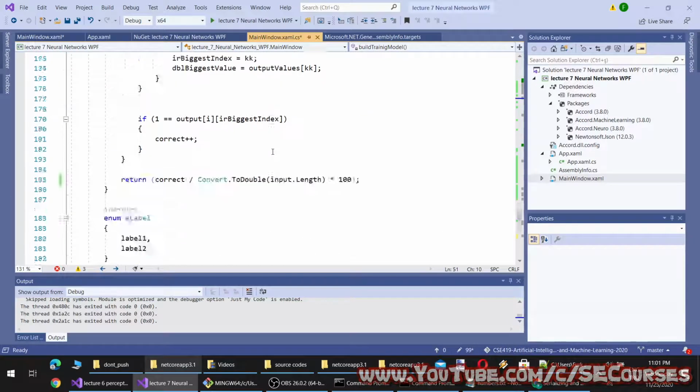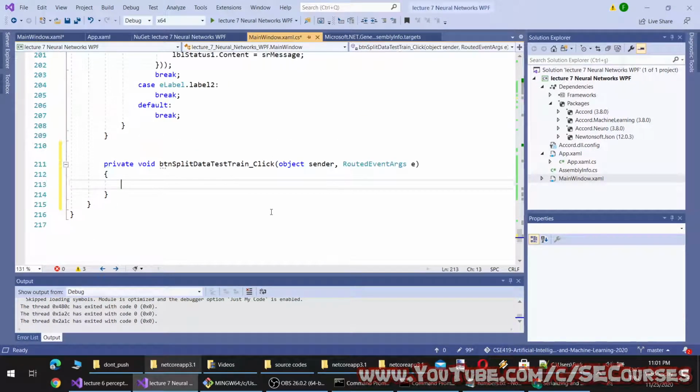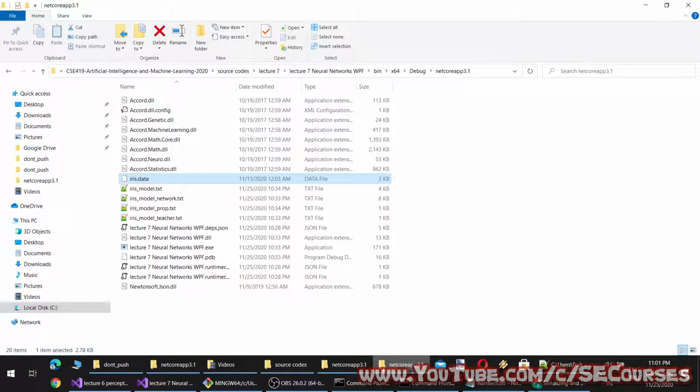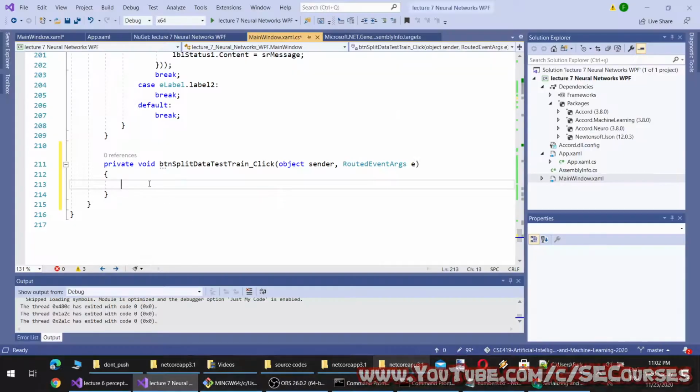I will split the iris data, or split data.